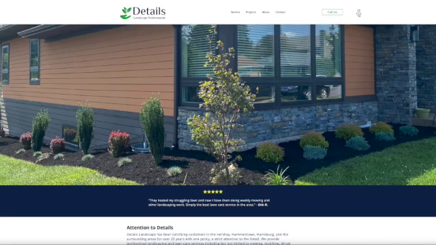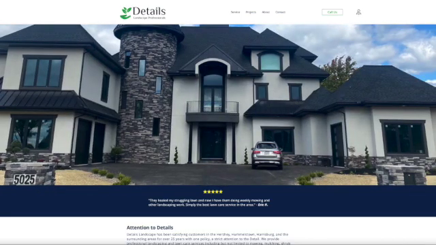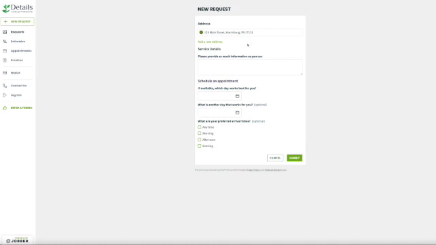And after it's scheduled, you can just go to our website, and up here on the top right, you click the member icon. It will open this screen and say need some work done. So if at some point midway in the season you accumulate a little pile of sticks that fell from a tree, you can simply go into our website, request work, and say please remove pile of sticks at end of driveway. You can also schedule an appointment. In this case, this is probably pretty simple and you don't need to schedule an appointment. If that's the case, you would just click anytime, and